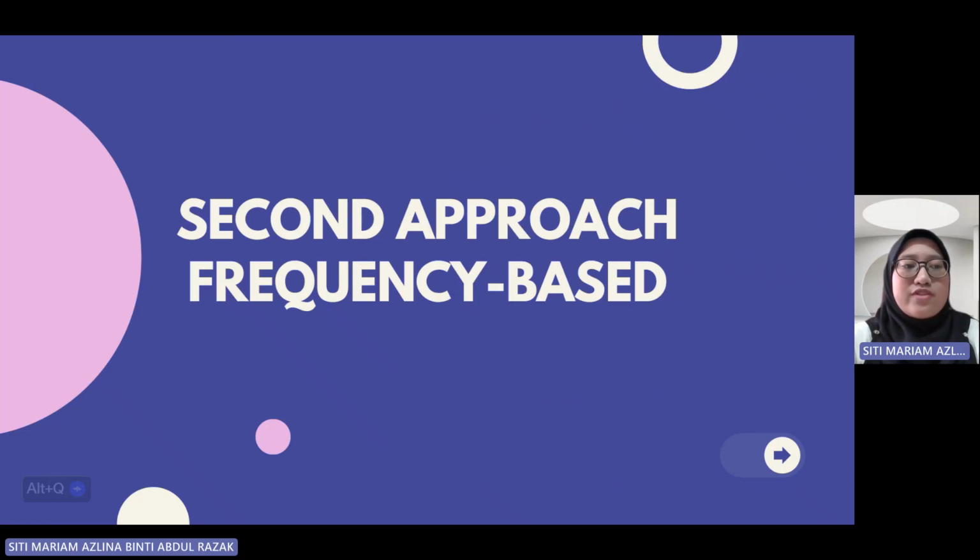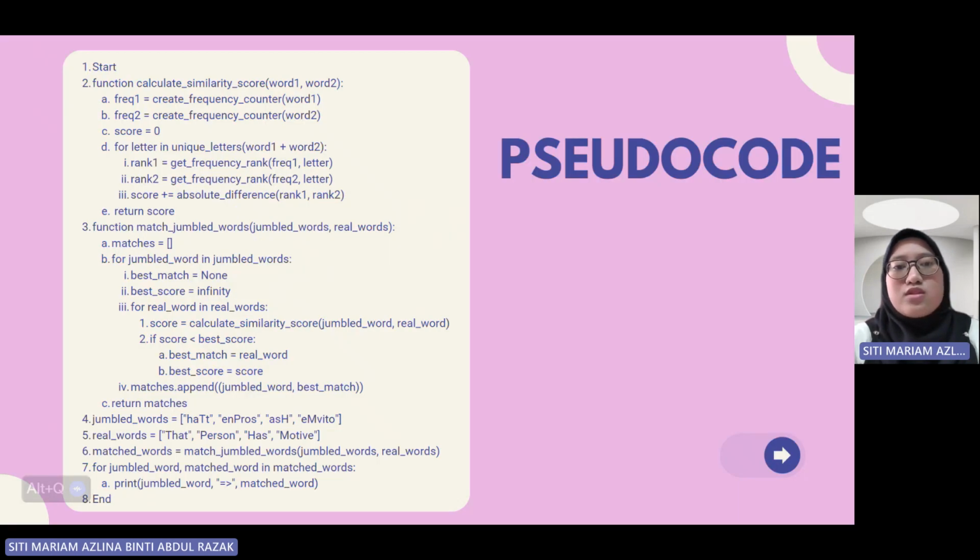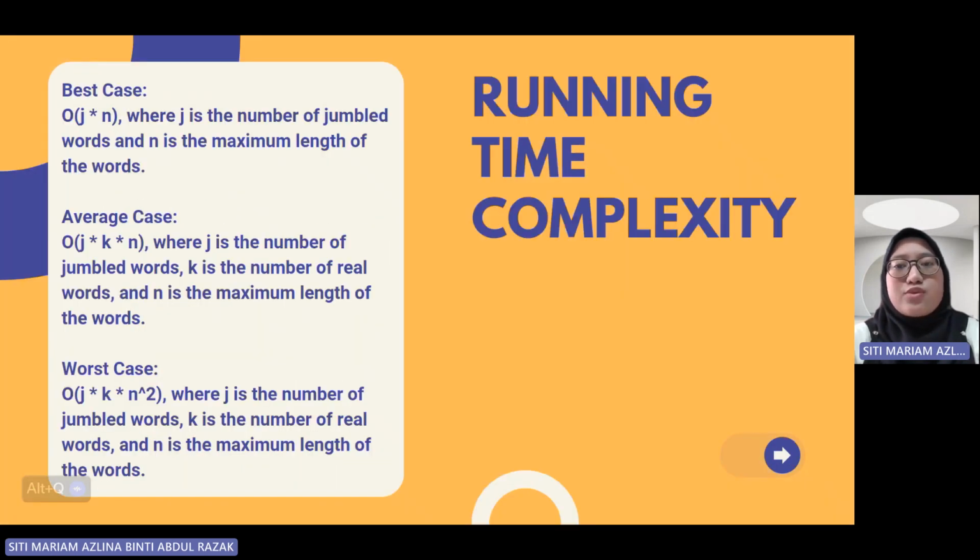Frequency-based is basically we create frequency distributions of letters in both the jumbled word and the words in the word set. We compare the distributions to identify potential matches. This approach works well when the jumbled word and the word set have similar letter frequency. This is the pseudocode for this approach, and this is the running time complexity, which is the best case is